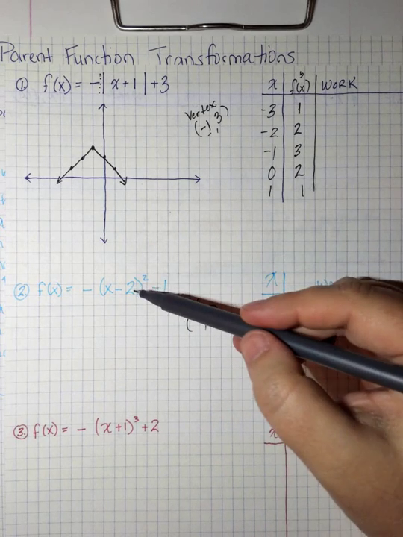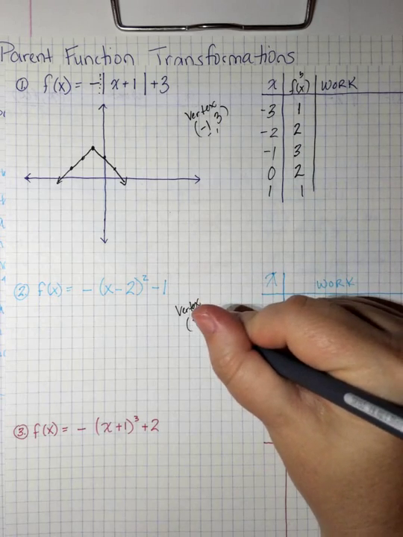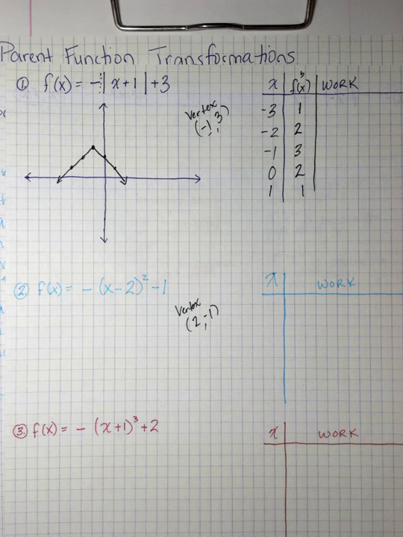Remember, the inside, the h lies to you. The outside, the k, tells you it stays the same. So instead of -2, I have a +2, and my -1 stays the same. Okay, so doing this,